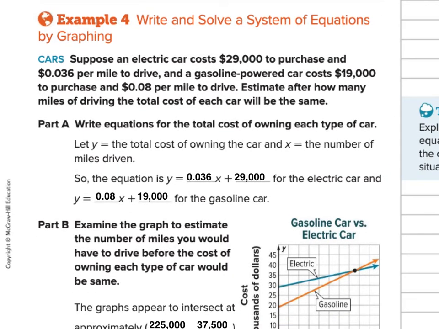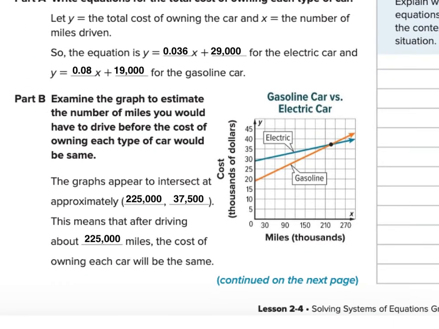So writing those equations, remember my slope is something over time, and in this case, over mileage. So we have this one, which is going to be the cost is equal to the cost per mile plus the initial purchase price. The gasoline powered would be those $0.08, or 8 cents per mile, plus the 19,000 purchase price. So when they graph those on the coordinate plane, it turns out